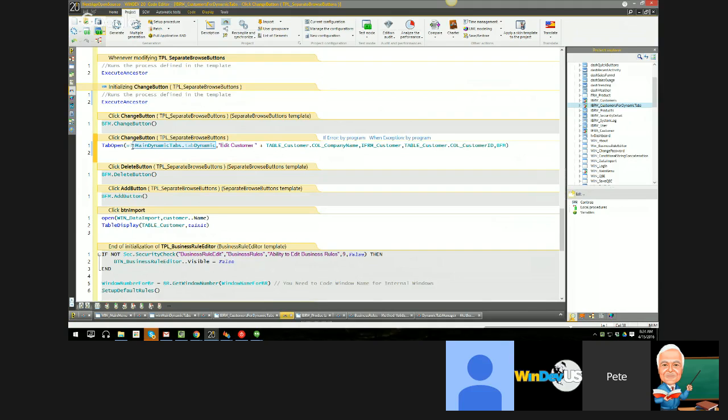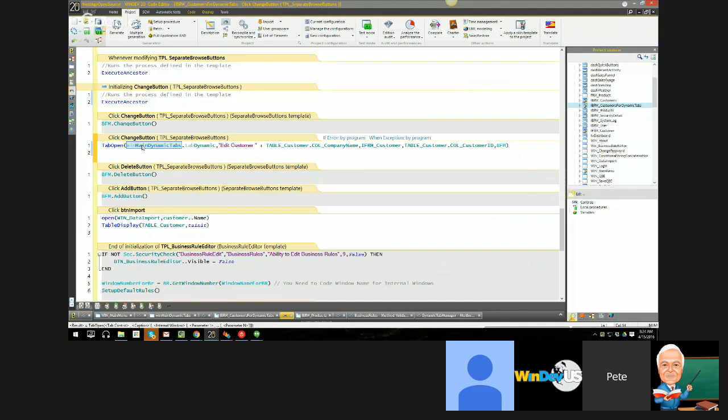The first parameter again is the tab control, but now we're on the iBrowse customer for dynamic tabs window, not the main window. So IntelliSense doesn't know where to find tab dynamic unless we prefix it with the window name, which is win main dynamic tabs, the window where the tab control is actually declared. And if you've done any communication between windows, you're familiar with that, and it's yet another